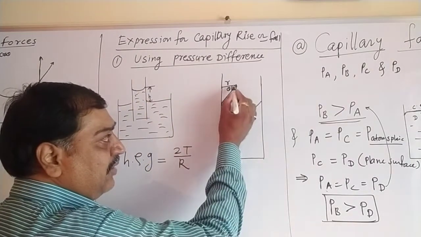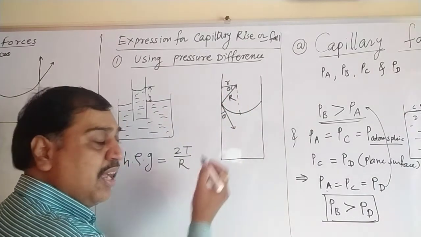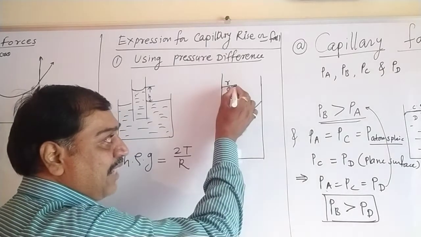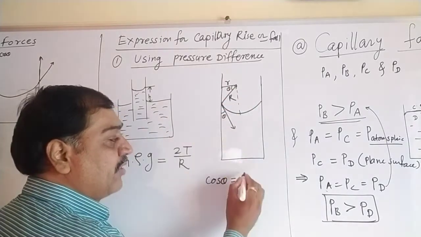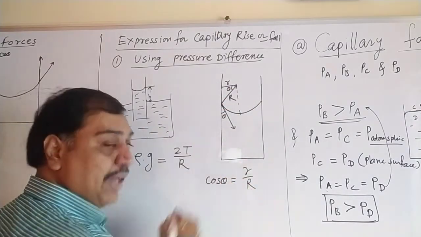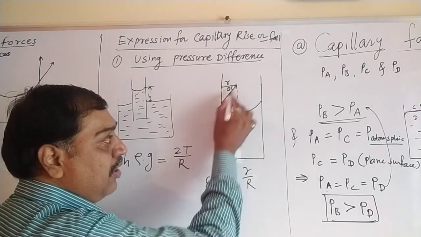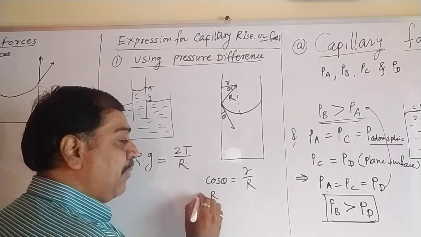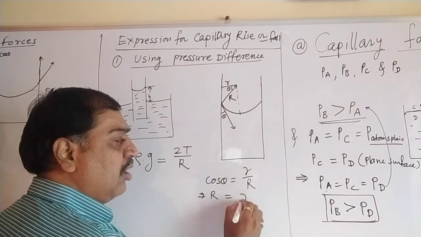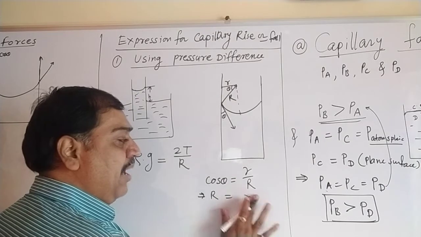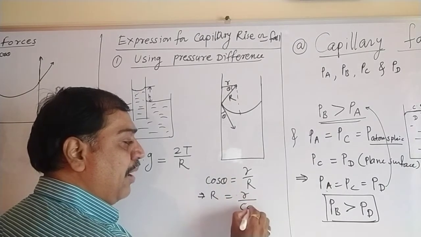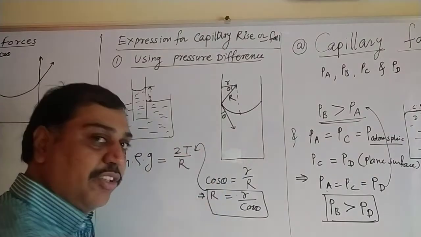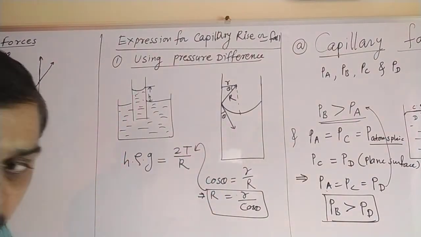If this is theta, this is again theta, conjugate angles. And here find out cos theta from this. Cos theta is what? Adjacent side, this, divided by hypotenuse. Small r divided by capital R. Adjacent side is small r, hypotenuse is capital R. From this we can write down, this equation implies that capital R equals small r divided by cos theta. So we get this as the value of R. Put this value in this equation and solve this equation further. What we get, let's see.